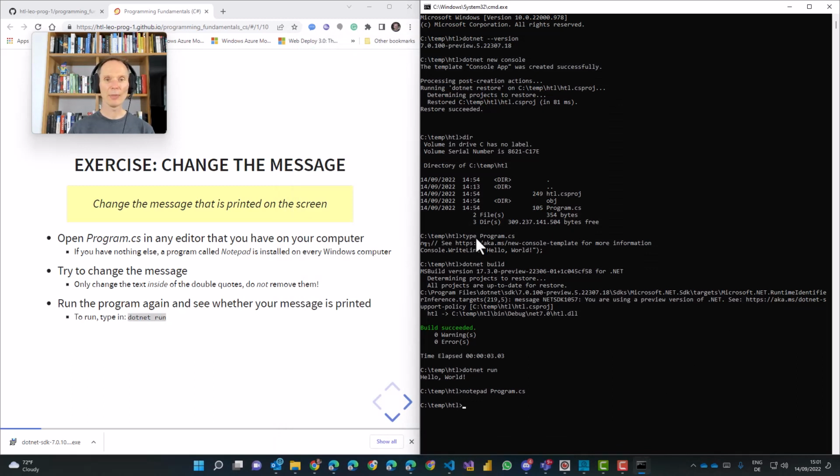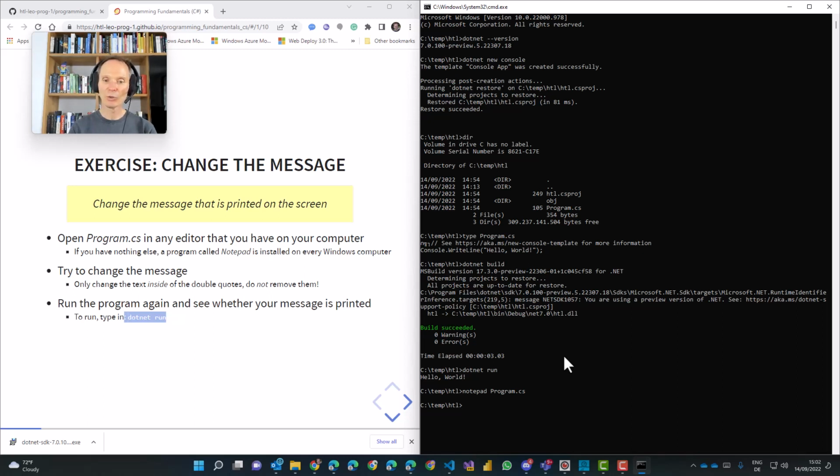In order to run the changed application, we need to build the application and then run it. But let me tell you a secret. If you just type in .NET Run and you changed the C# code, .NET will automatically compile the application before it runs it. So .NET Build is strictly speaking optional.